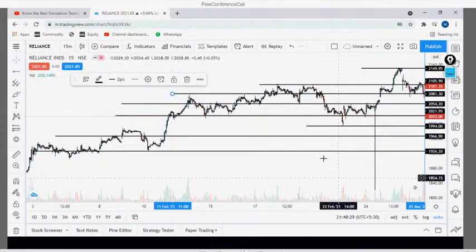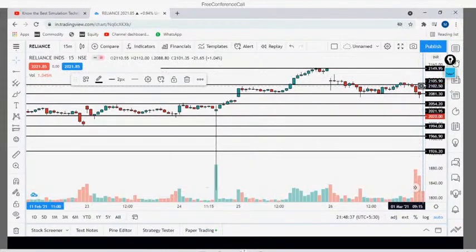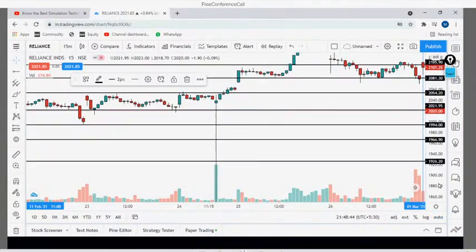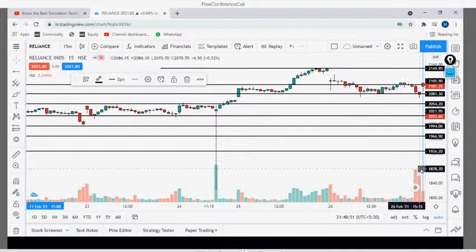Since it is a smaller time frame, we need to look for smaller targets. So now how do we test whether these levels are working or not? I have put a vertical line here. Now when you click this, it will go directly to the recent bar. Instead of that, you can press the right arrow key.